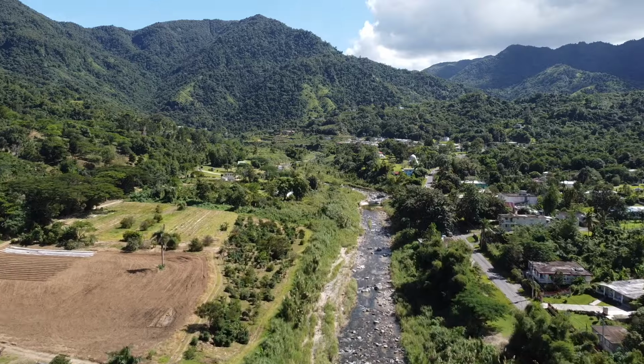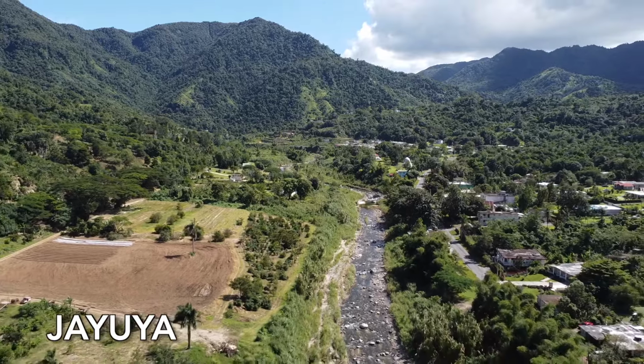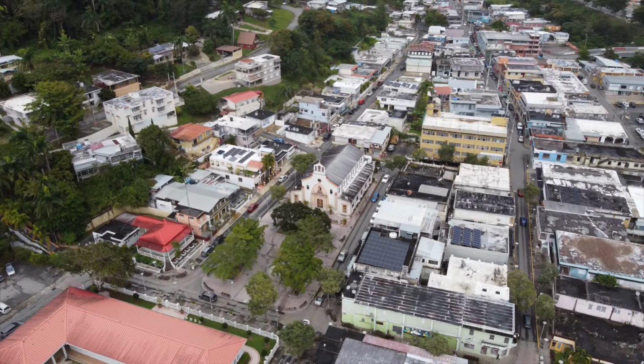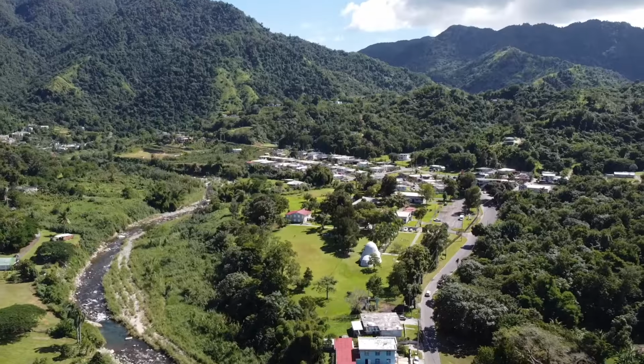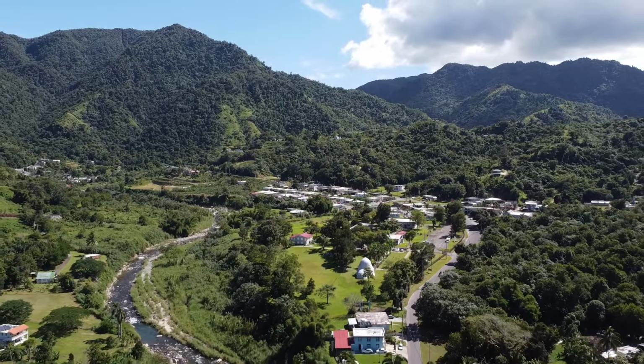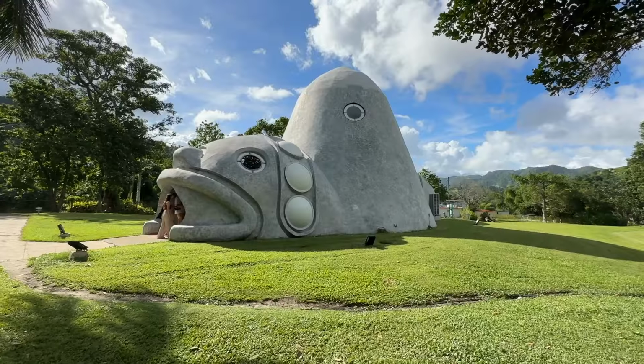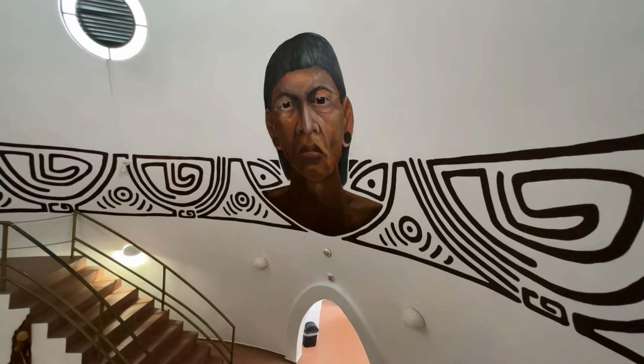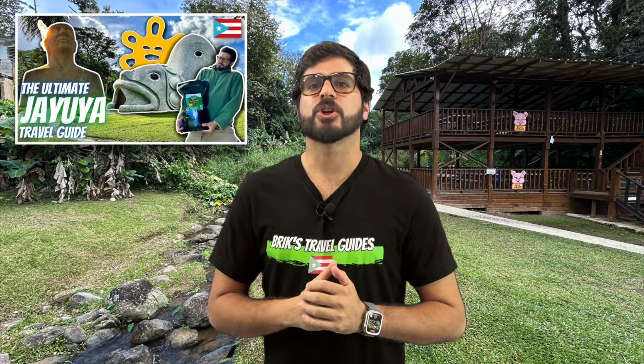Now, for the last group of foods in this video, we're heading to a special municipality in Puerto Rico called Jayuya. Jayuya is located in the mountainous central region of Puerto Rico, where temperatures tend to be much cooler than the rest of the island, and is characterized by its deep connection to the indigenous people of Puerto Rico called the Taínos. Now, in my ultimate travel guide to Jayuya, which you can see by clicking the card above, we